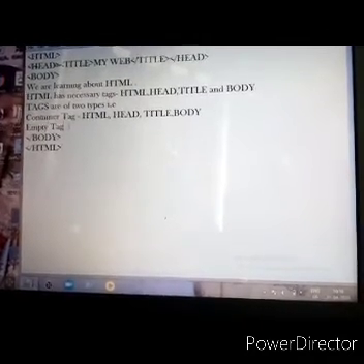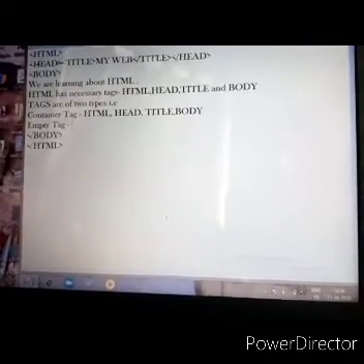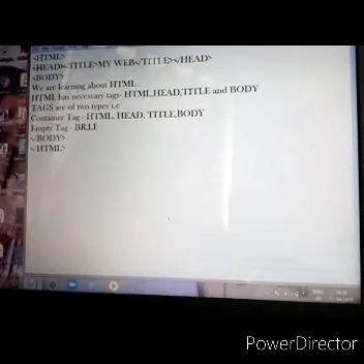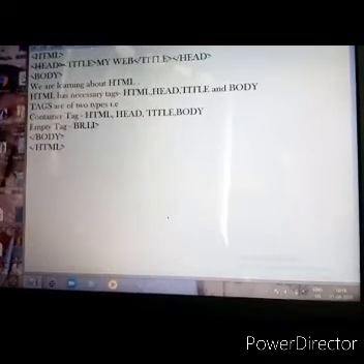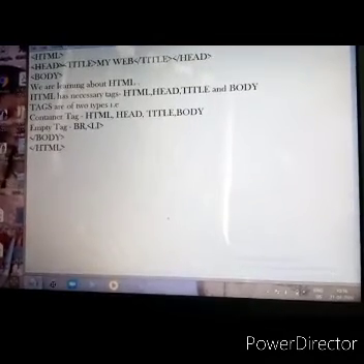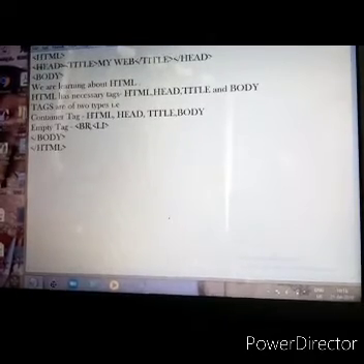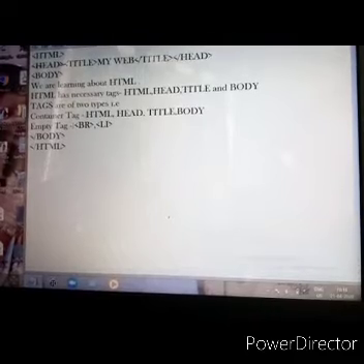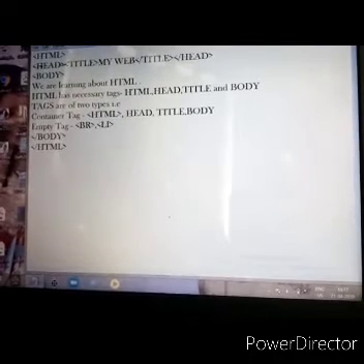Empty tag, let me give you one example of an HTML tag which we will be using over here, the BR tag, LI tag. Actually all the tags we will be writing in an angular bracket like this. Similarly here also the HTML will be in an angular bracket, the head also.